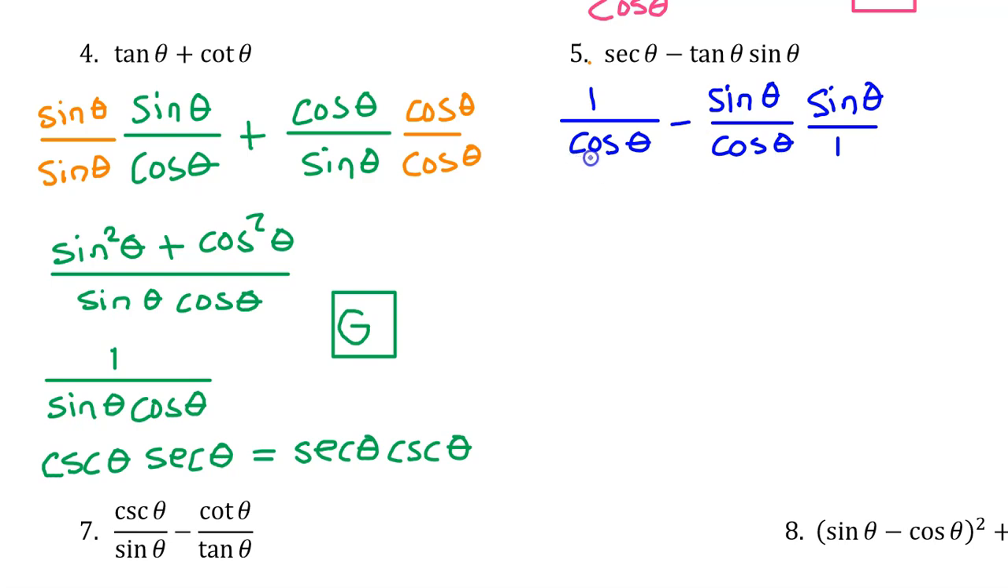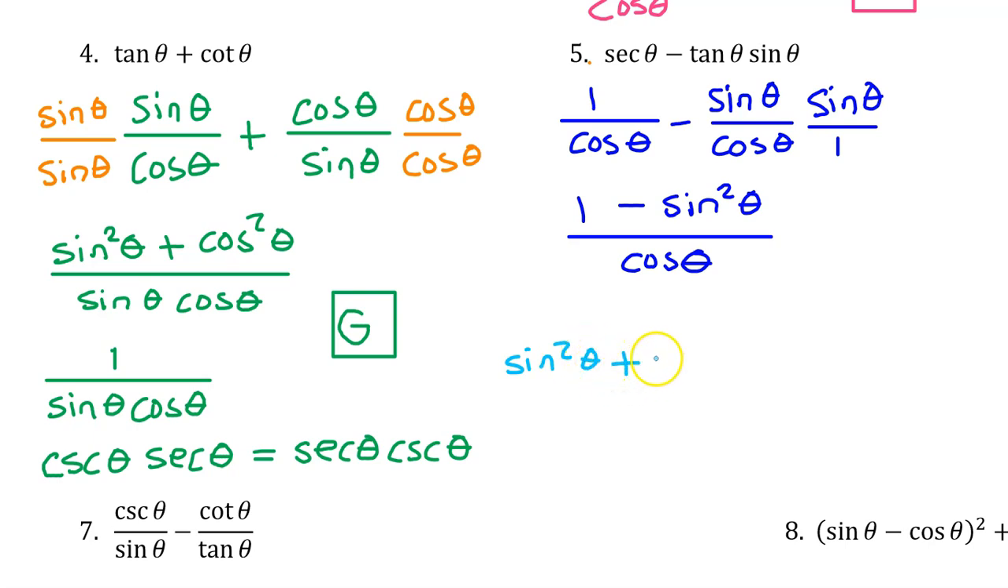We appear to have like denominators immediately. So I'm going to go ahead and combine these two fractions together. We have 1 minus, and of course sine theta times sine theta is sine squared theta. So 1 minus sine squared theta in the numerator divided by cosine theta. 1 minus sine squared theta reminds me of our primary Pythagorean identity that goes sine squared theta plus cosine squared theta